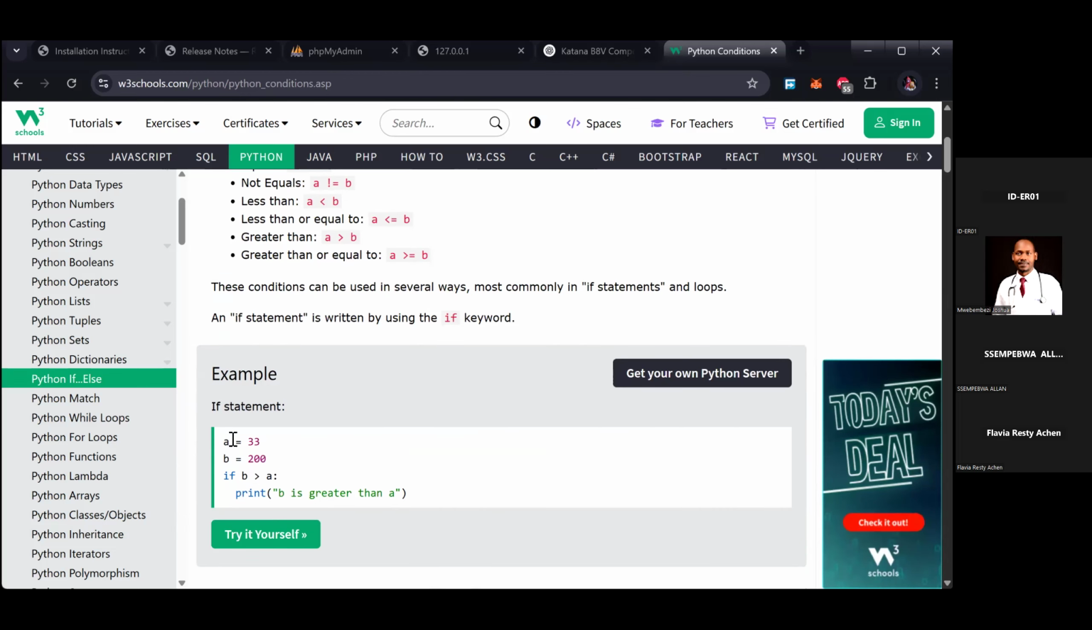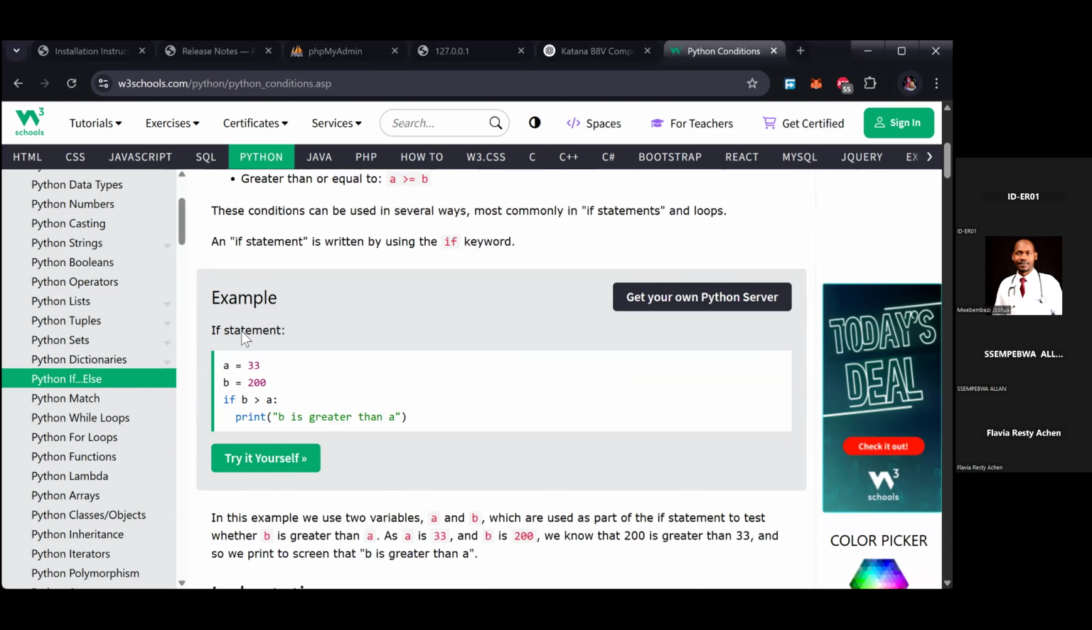So we've looked at declaring variables, and in this example we have two variables. Variable A has an integer of 33, then B has 200. In the event that we want to print a number that is bigger than the other, we are going to use conditional statements. So let's go ahead and